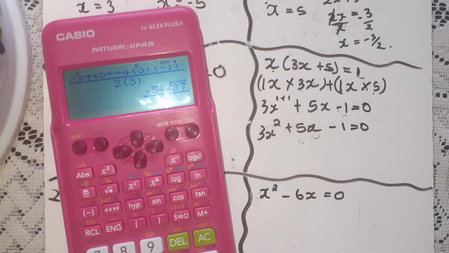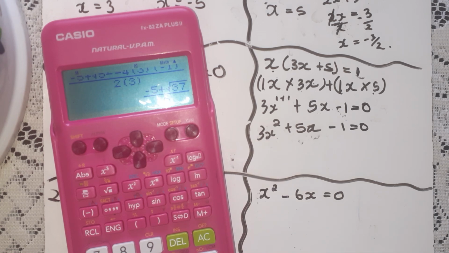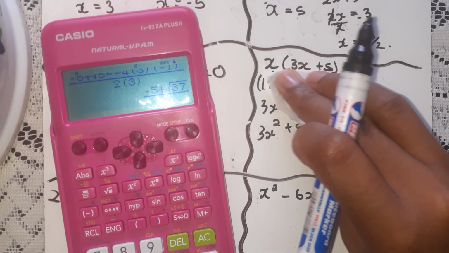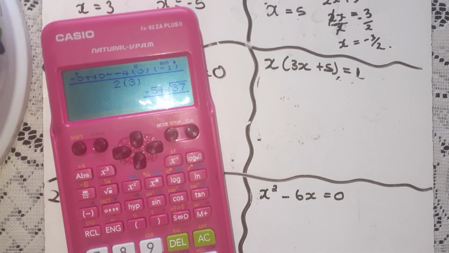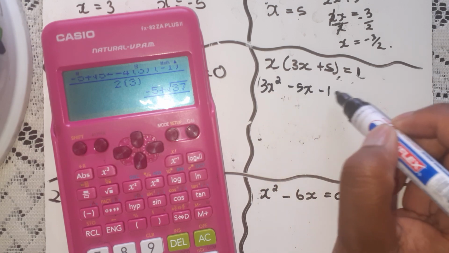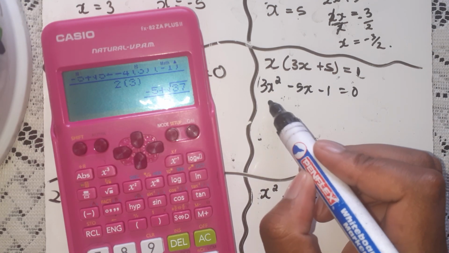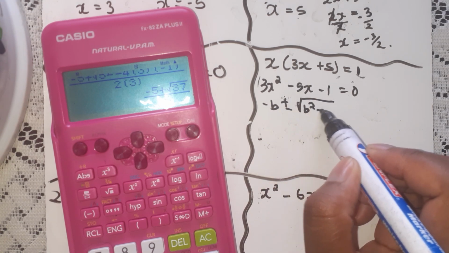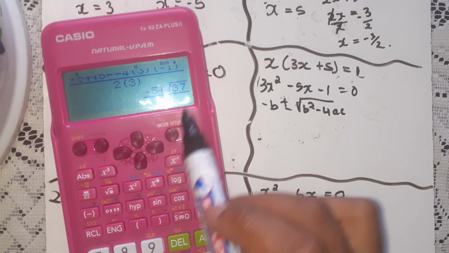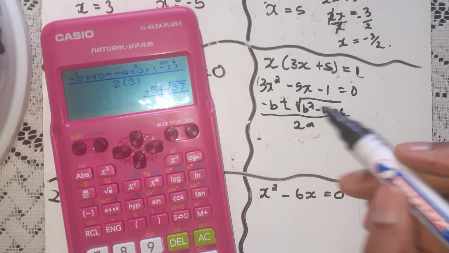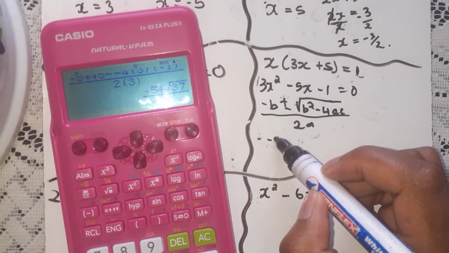Whenever you have something like this, when you try to make use of this formula, just know that in this example you are not factorizing. Okay, so I've shown you how to get here. We'll write it as 3x squared minus 5x minus 1 equals to 0. So there's nothing we can do here. You have to write the formula like this, b squared minus 4ac. When we get this type of answer, know that you just go straight to the formula and include the formula in your answer. Then we're going to substitute it in negative 5